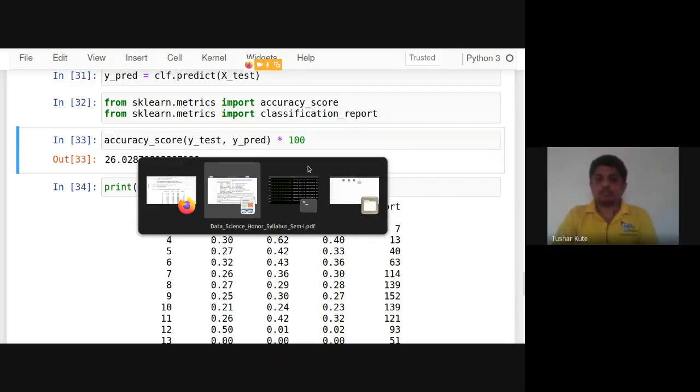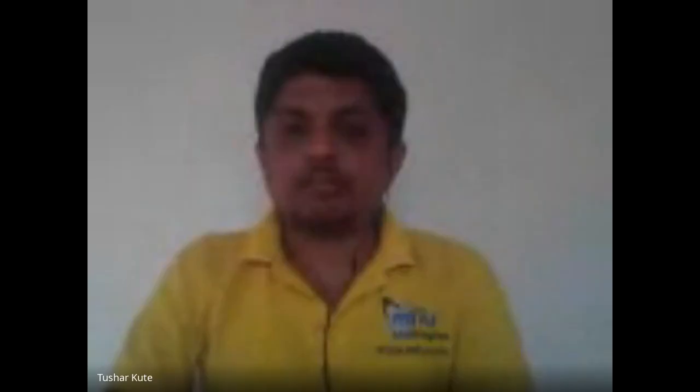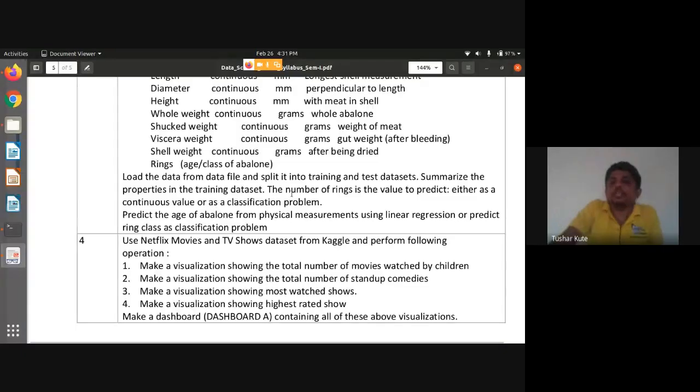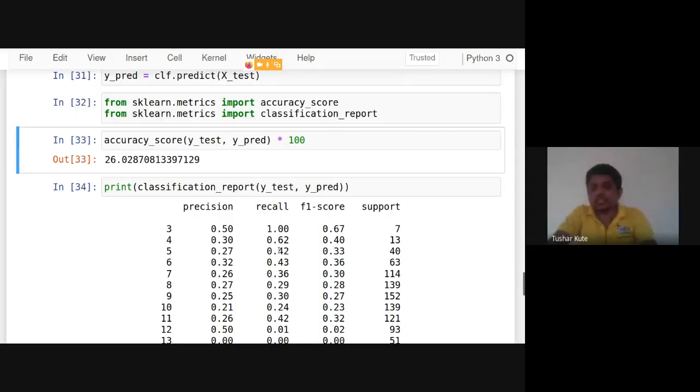The classification task that we have done. The number of rings can be treated as either continuous or as classification. We apply classification with ring as a class. For regression, we will have the output variable in continuous format. So basically, this output variable, 3, 4, 5, can be treated as a continuous value, and it can also be treated as categorical values. So both are possible, and both outputs can be expected from that.